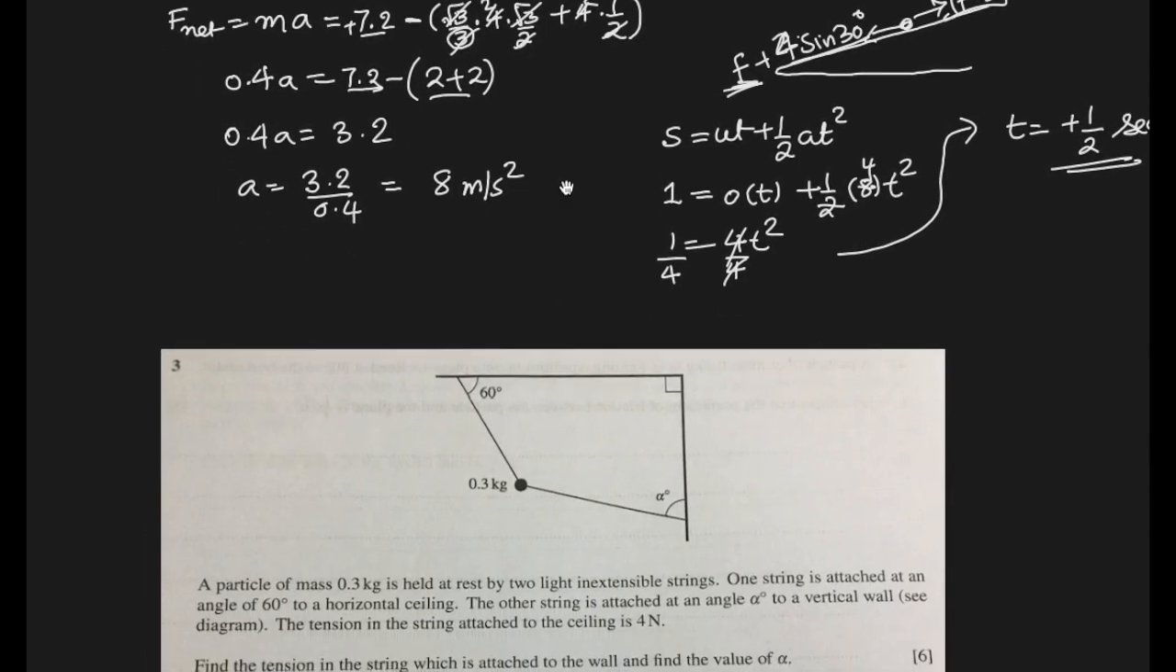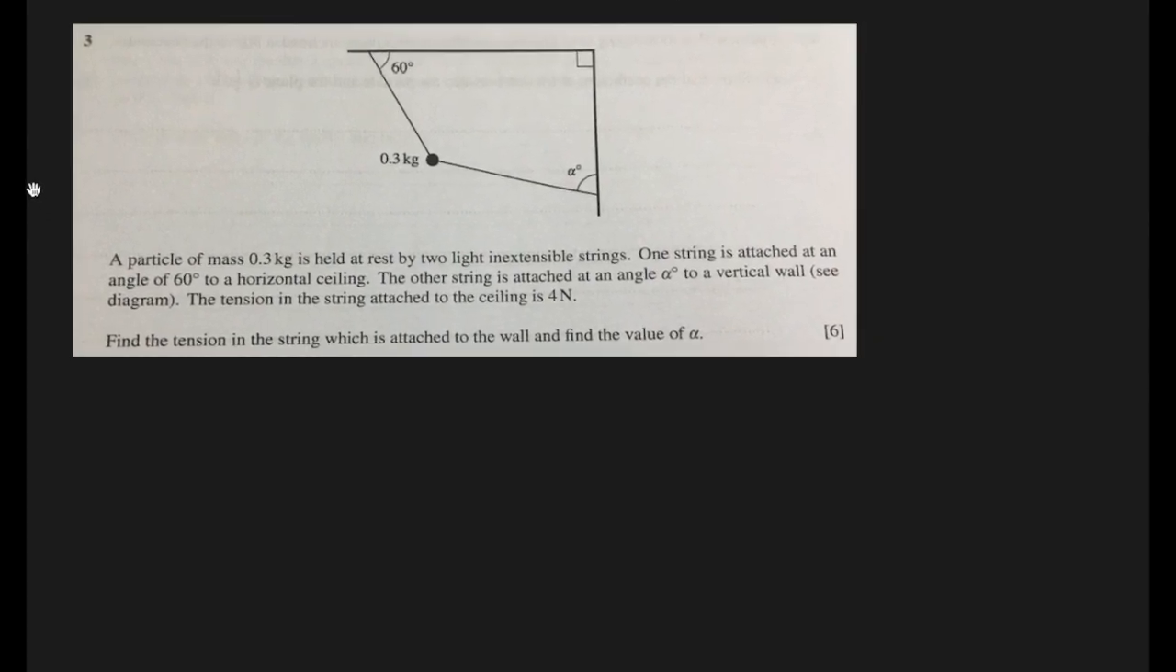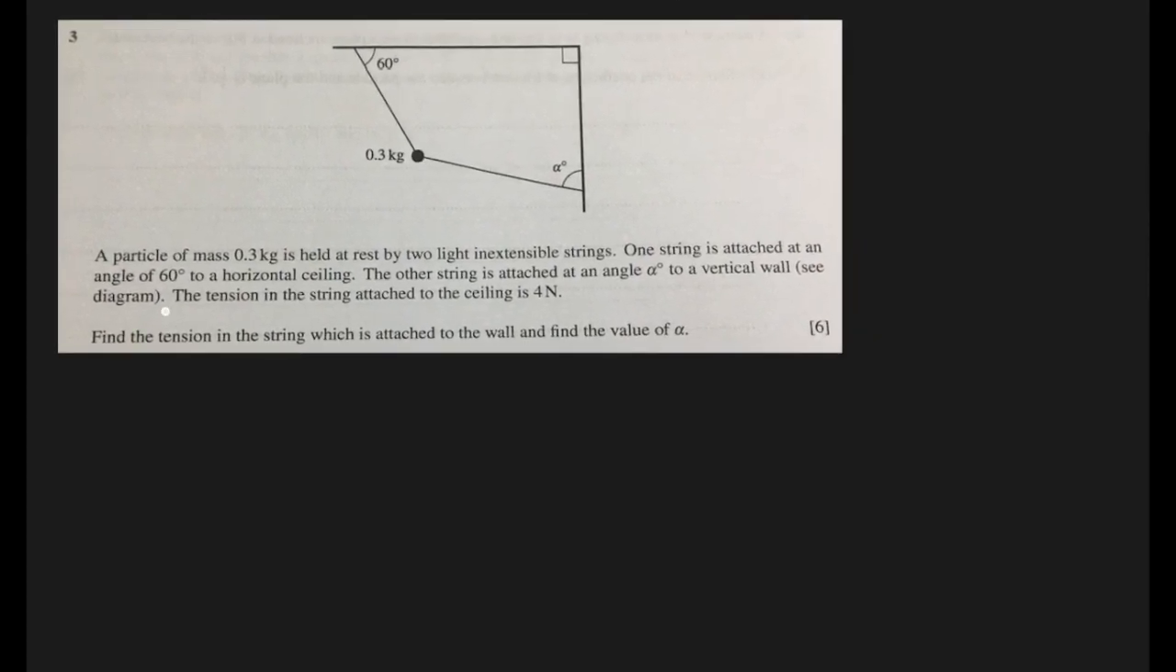Okay. Question number 3. Question number 3 has this setup. A particle of mass 0.3 kg. Let me draw it here. The weight of this 0.3 kg will be 3 newtons, right? 0.3 multiplied by 10